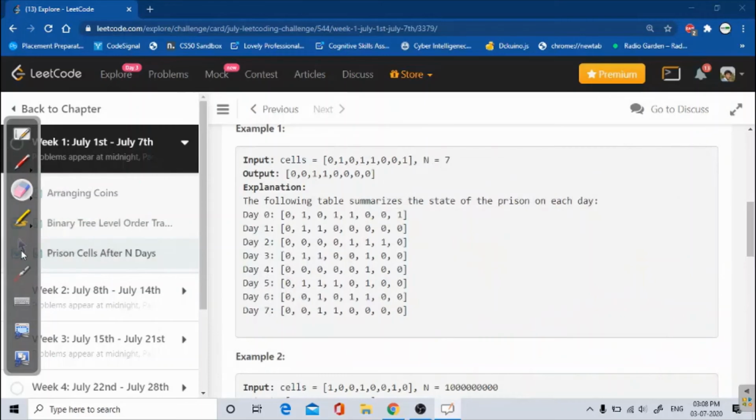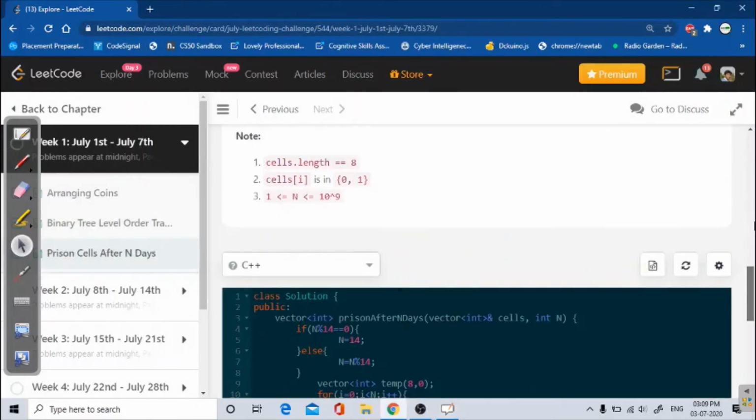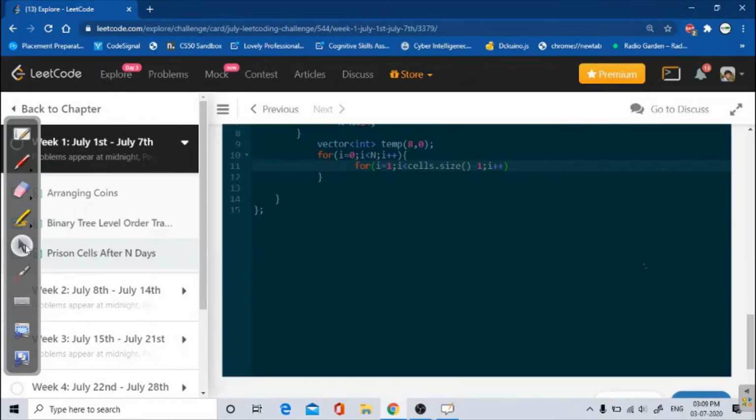So let's continue the code. We are looping from i equals 1 to n minus 1, and we are checking. So we are inserting temp of i equals not of, we are just doing XOR, let me write it first, then I will explain.